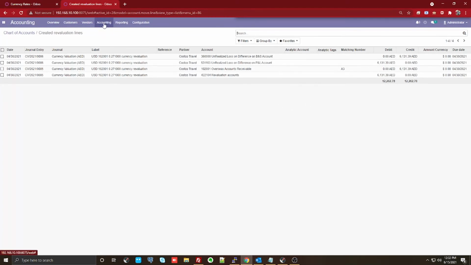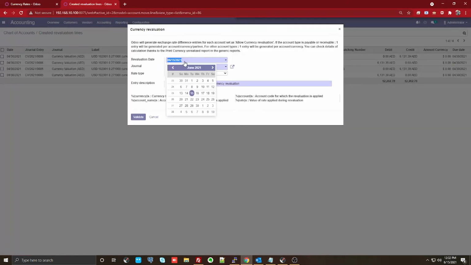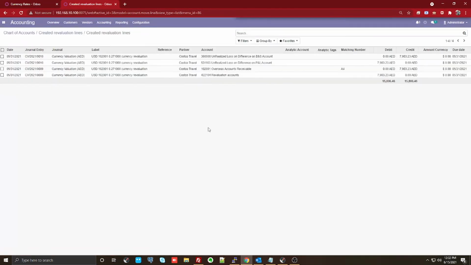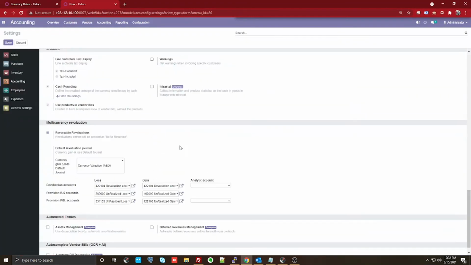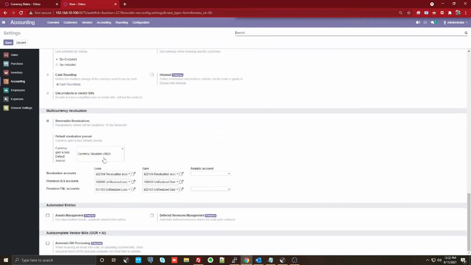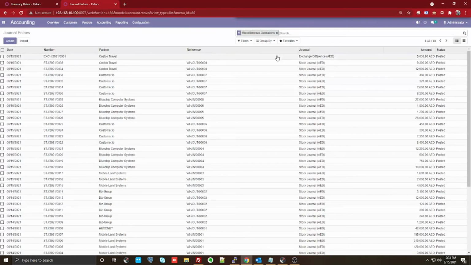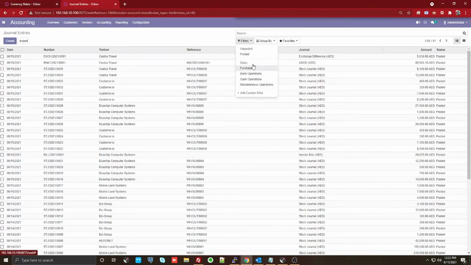And let me just go with this one. So I can tell whether you need to do it on a daily rate basis or monthly rate basis. We're going to use only the monthly rate basis. So I'm just putting that as well. So once I've done it, if I go back to the journal which I initially defined here, if you come down and look at the journal which I'm using, it is currency valuation. I can see that all those entries would be reflected in the system automatically there.